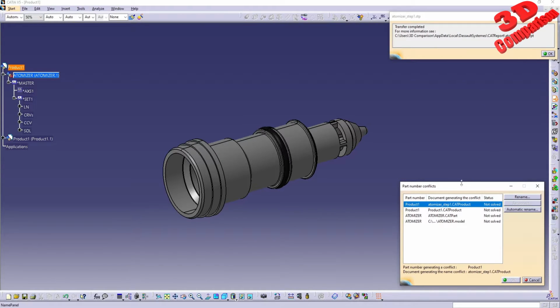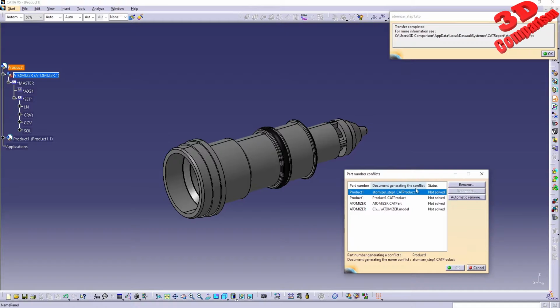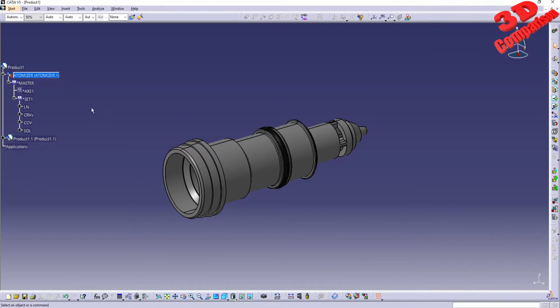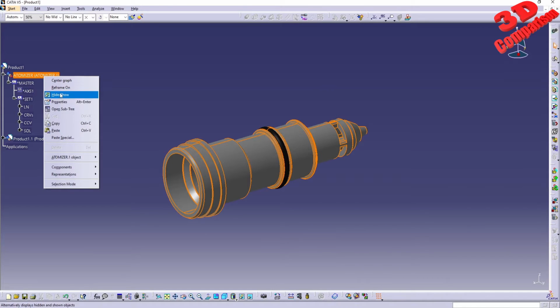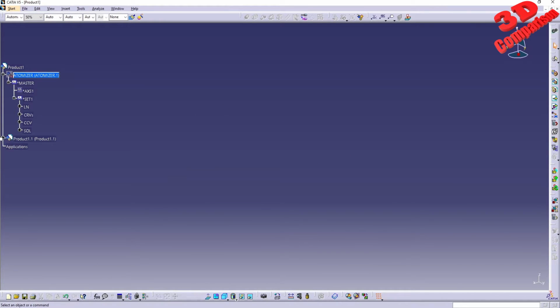We're gonna have a conflict over here regarding the product name. We can use the automatic rename in this case in order to solve those problems, so those will be renamed. Afterwards, I will click on OK. And now if I hide the initial atomizer and go within the second one,